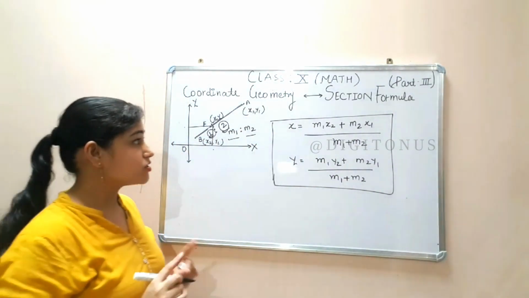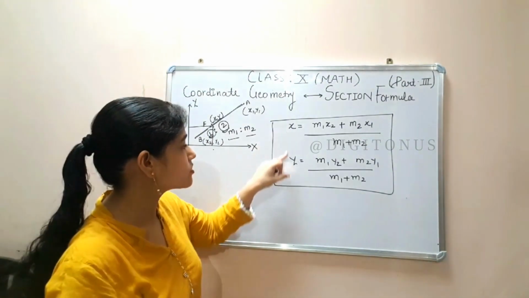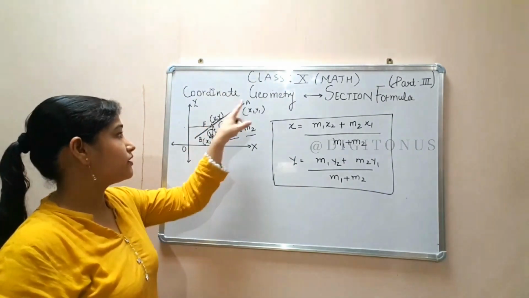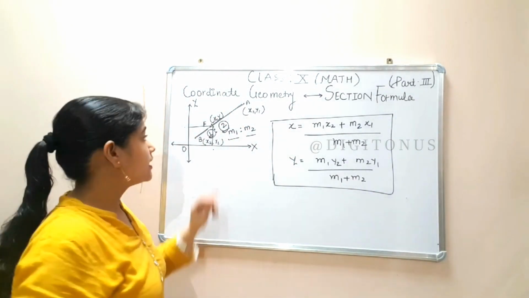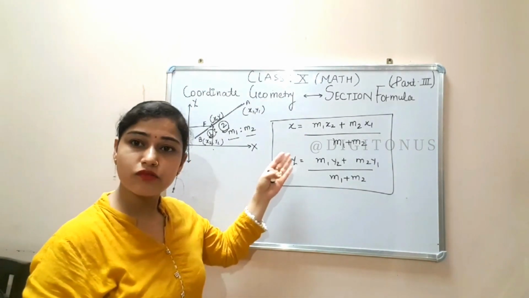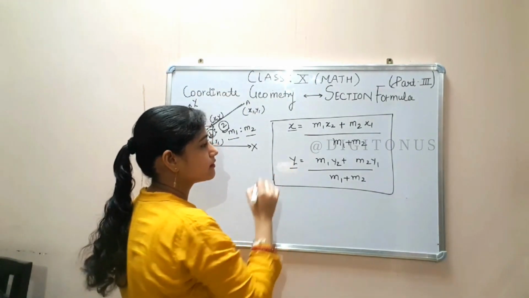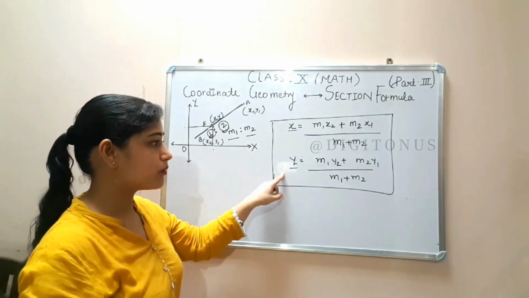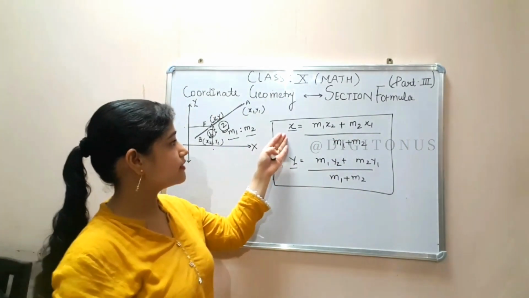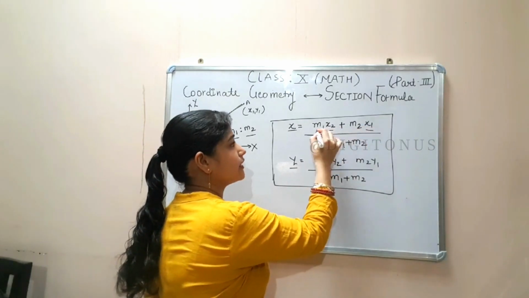Now students, it's not necessary that in each and every question they will ask only the coordinate points of the point which we have placed between two coordinate points. They can ask the ratio also. If they ask the ratio, then also we will apply the same formula and put in the values of these coordinate points, and they will ask the m1 and m2 values. So there are 3-4 things: x, x2, x1 and m1 and m2.